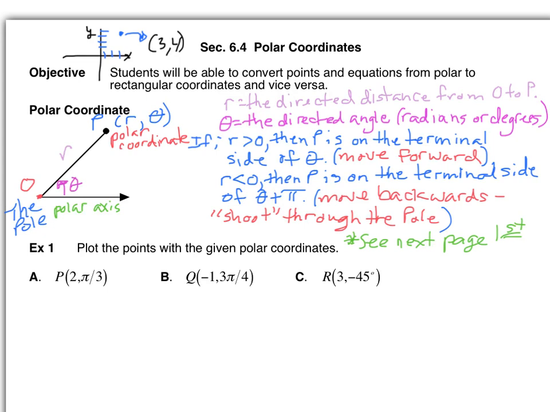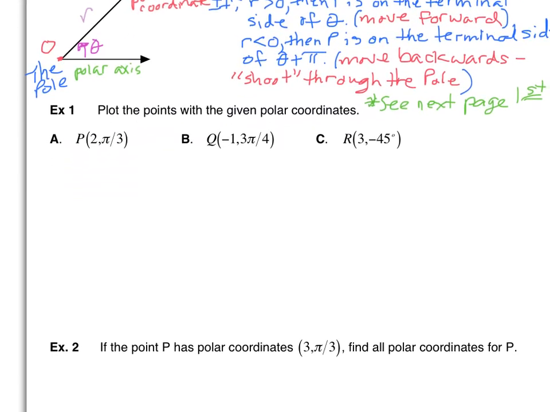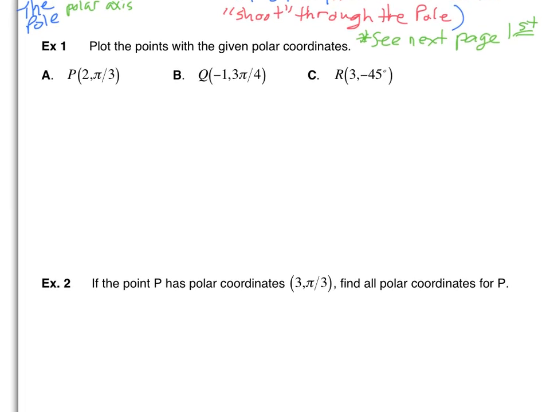All right, so we're going to start example 1. So we're back from that second blank paper that we just were dealing with. And so let's move our paper up. And we're only going to get through example 1 today. So we're going to plot these, and we're going to talk about all the possibilities. So let's go ahead and plot this point here, P, at 2, pi over 3. So we're going to focus on pi over 3 first. So we want to plot that